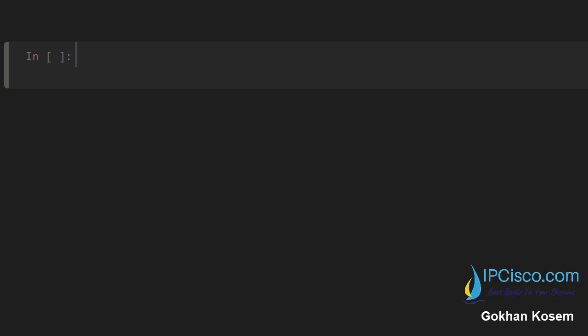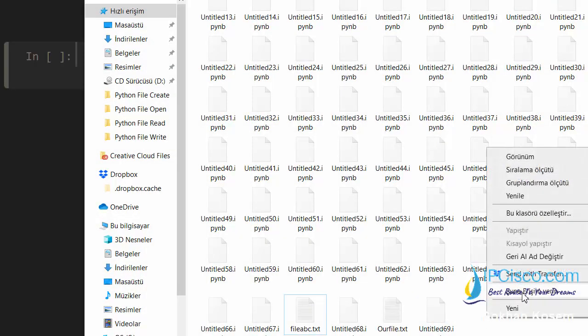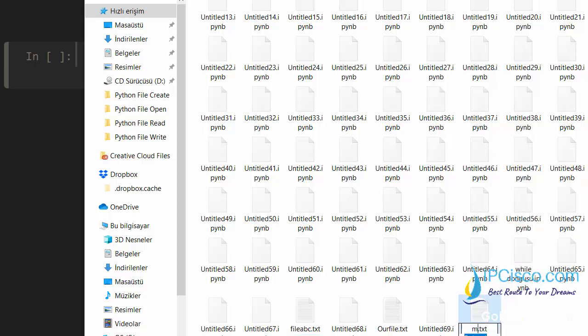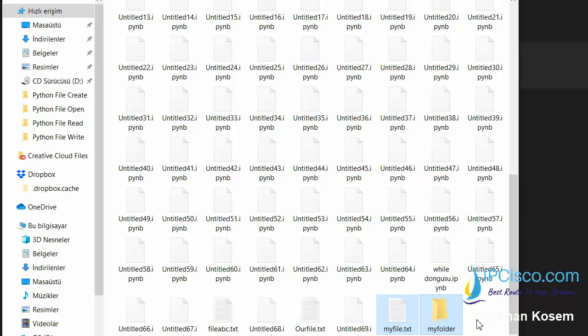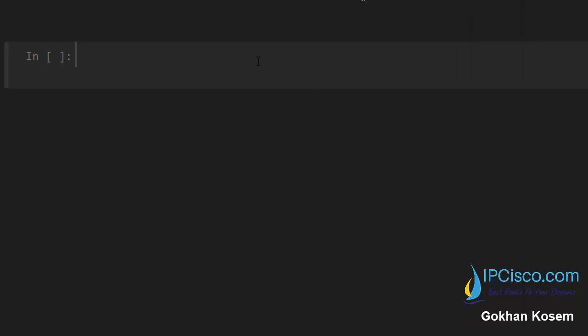So, first of all, let's create a file here, and this file will be myfile.txt, and I'll also create a folder, my folder. Now we will learn how to delete these two, one file and a folder. To do this, firstly I'll import os module, import os, and then I will use os remove methods, and I will give